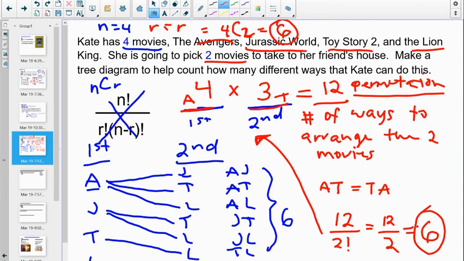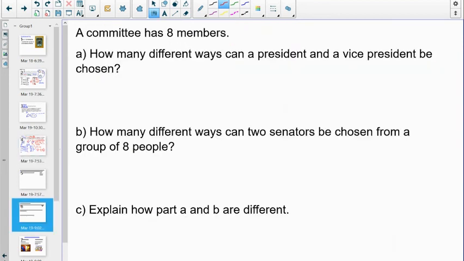Okay. Now let's move on to the next one. Okay, so a committee has 8 members. How many different ways can a president and a vice president be chosen? So you guys